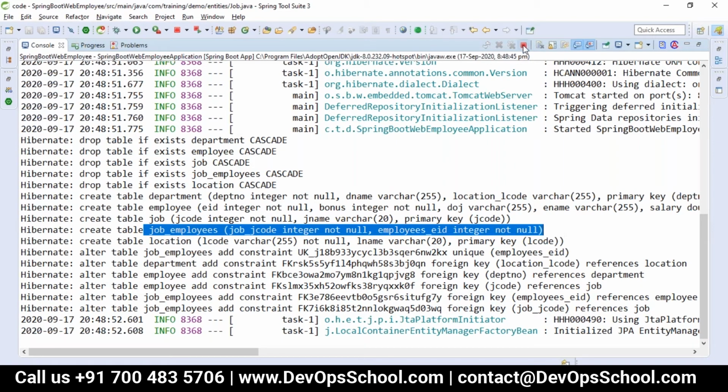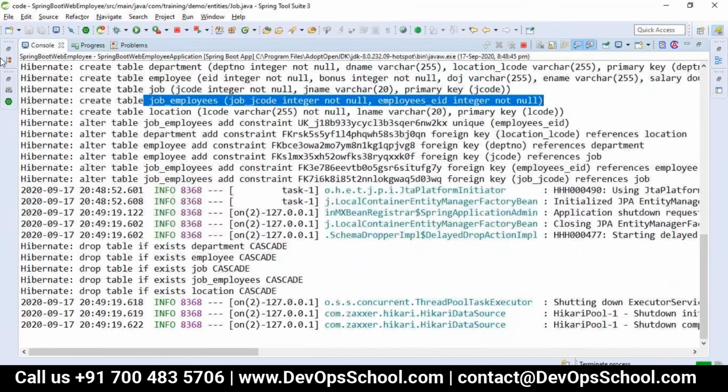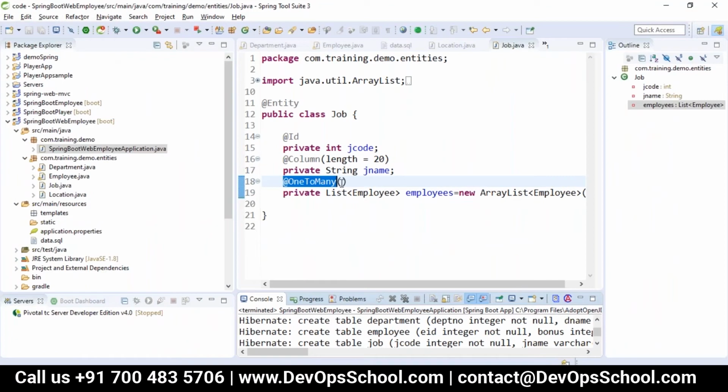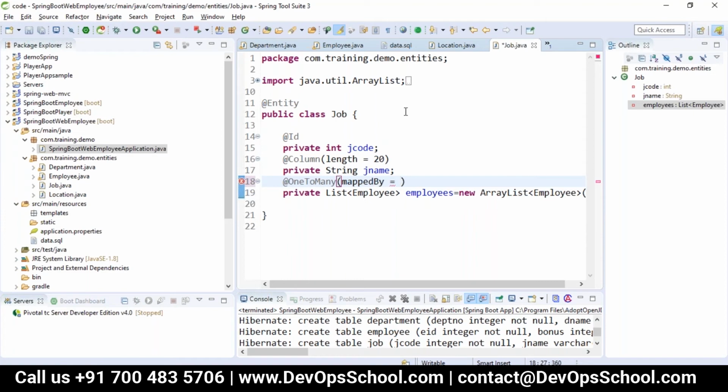But as we don't want a new relationship table, what we can do is inform Hibernate, the session factory, that whenever you look for this, it is already mapped somewhere else with the name job. That is in the employee entity.